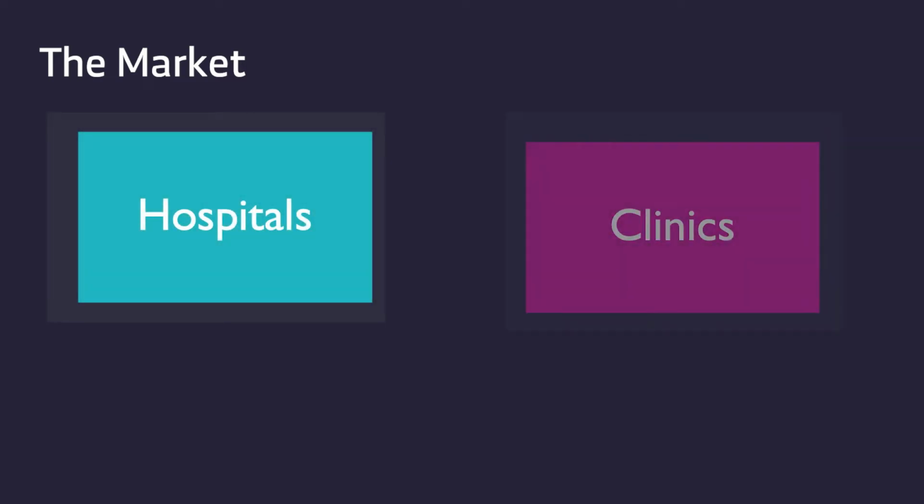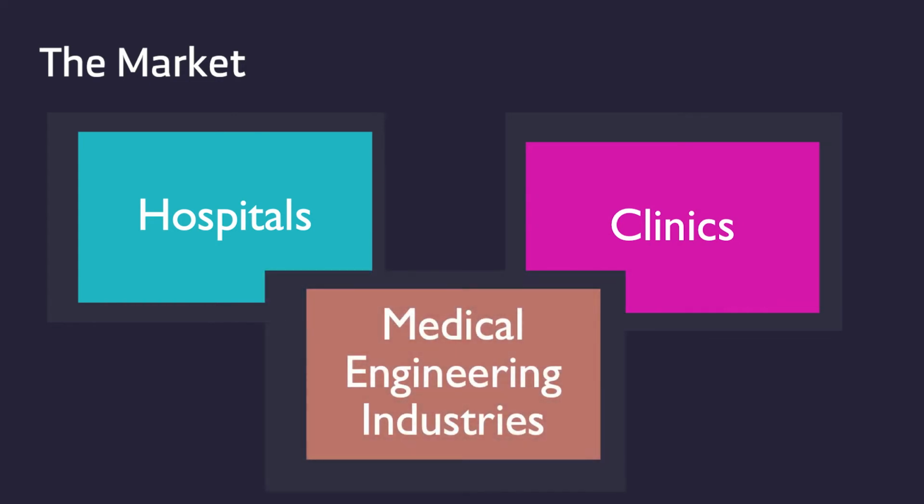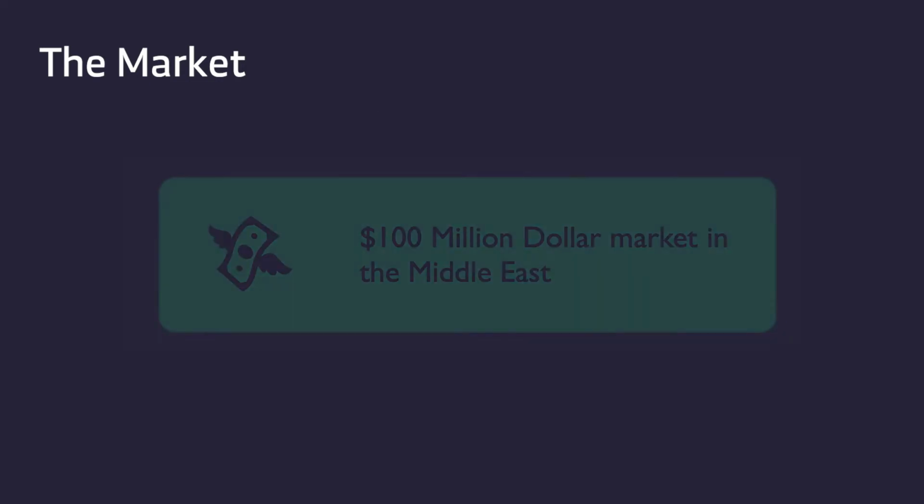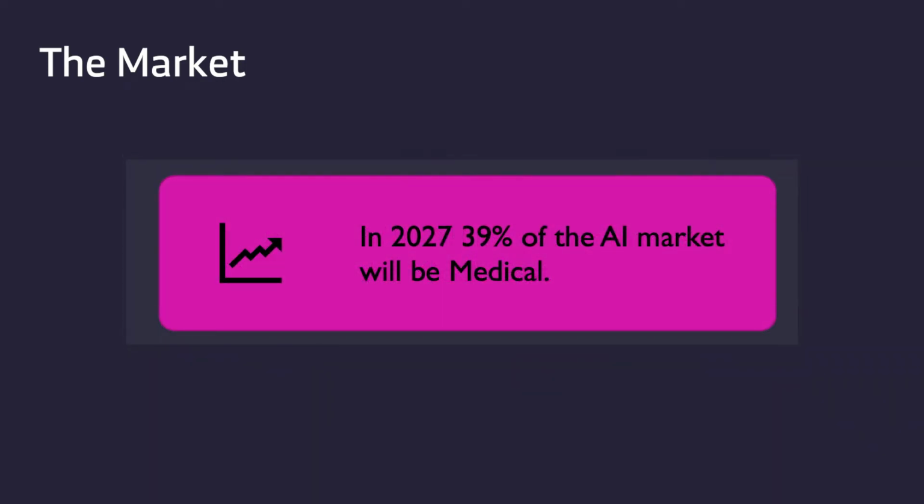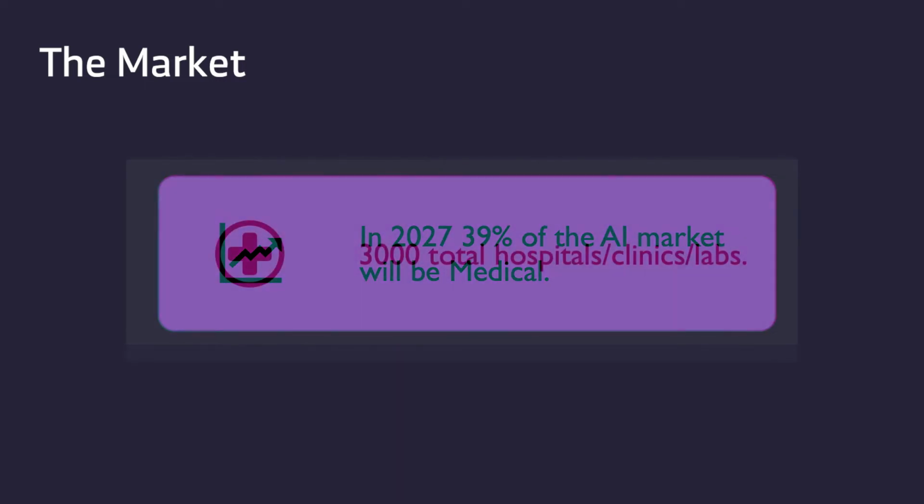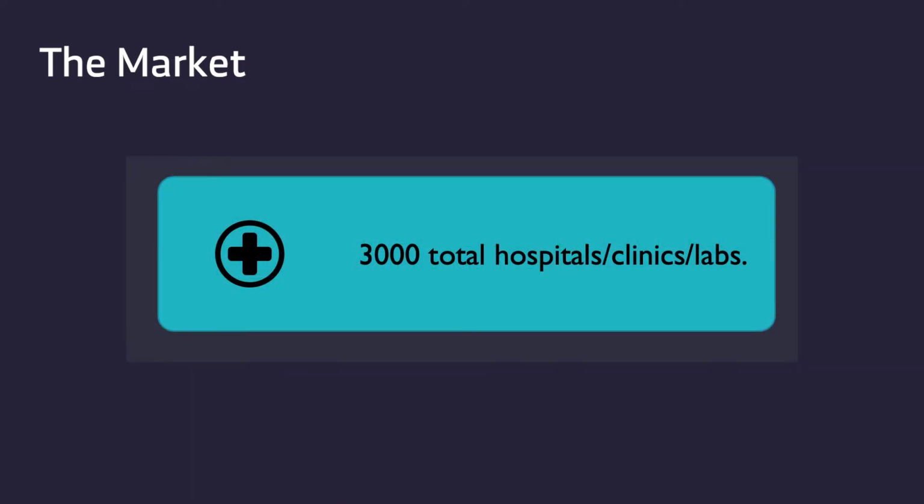Our target market splits into 3 sectors. First one is hospitals, second one is clinics, and the third and final one is medical engineering industries. The AI market is estimated to be a $100 million industry in the Middle East. In 2027, it is expected that 39% of the AI market will integrate into the medical field. It is estimated that there are over 3,000 total hospitals, clinics, and labs where our model can be implemented